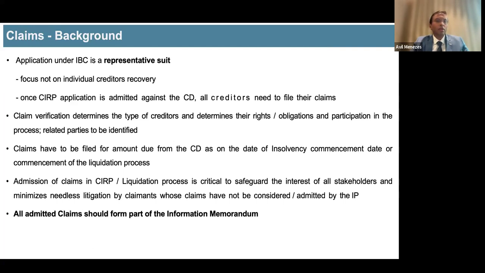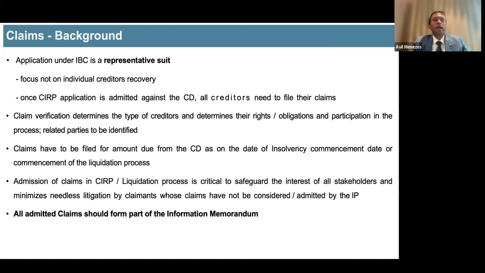Initially, when we were looking at IBC processes, the first thing was you reach out to all the financial creditors of the company. So that was a very important aspect that was being considered by insolvency professionals. And a lot of time we used to say that operational creditors, we've given a public announcement, it is impracticable to reach. But then 7 years since IBC has been implemented, a lot of changes have undergone. People have become vigilant, creditors have become vigilant now. And even cooperation from the promoters to a large extent is being seen as far as claims are considered.